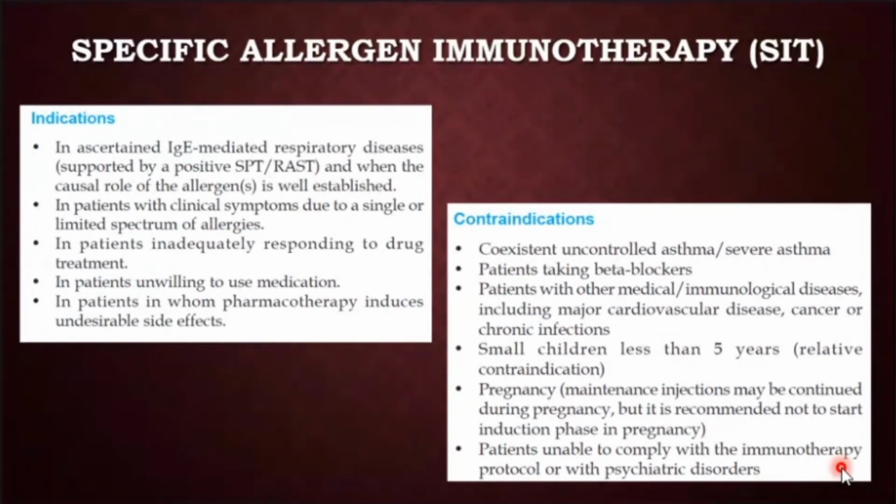The actual duration of therapy is 2 to 3 years. Okay, before we can consider whether the immunotherapy is successful or not successful, the treatment duration is at least 2 to 3 years. So the patients have to be motivated. They have to be motivated that they will continue the therapy for at least 2 to 3 years before we can even consider starting that therapy.